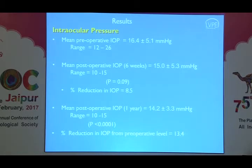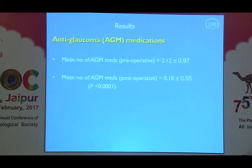When we compare the preoperative IOP versus postoperative 6 weeks or 1 year, there was very little reduction of intraocular pressure compared to pre-op, because preoperatively all these patients were on multiple anti-glaucoma medication and pressure was under reasonable control. Although pressure reduction at the end of 6 weeks was 8.5%, and at the end of 1 year was 13.4%, the question is how many glaucoma medications are required in the postoperative period